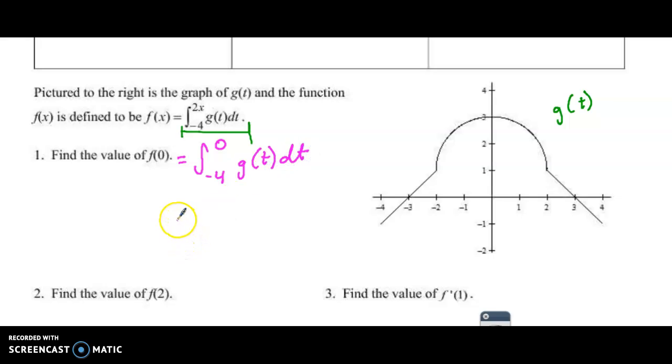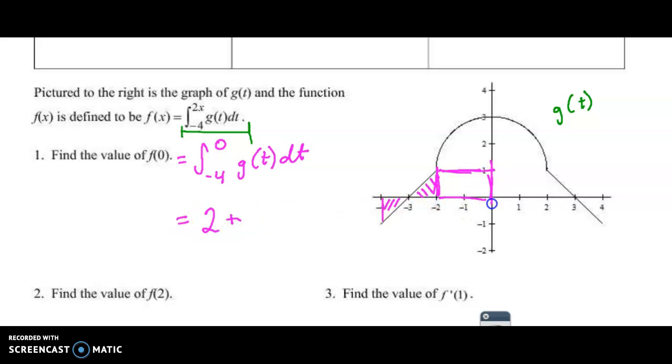So this is just a fancy way of writing out that we want to go from -4 to 0 of, well, look at the area under the curve here. We'll cancel out with this area. So if I break it down, to me it's pretty clear that we want the area to be that little